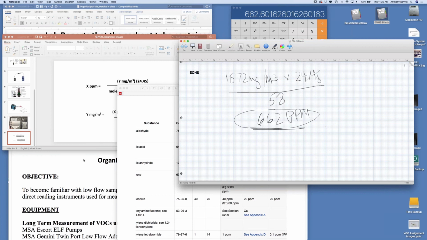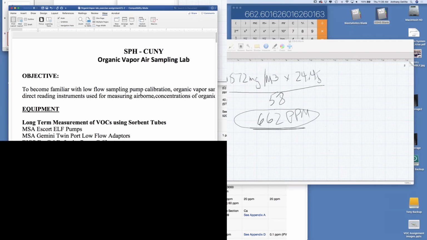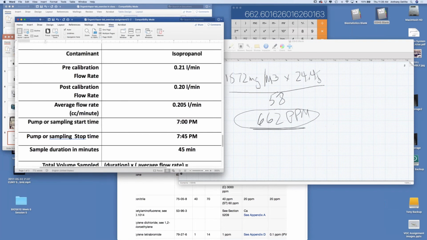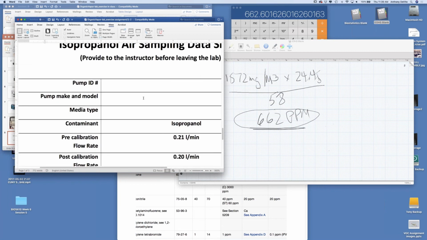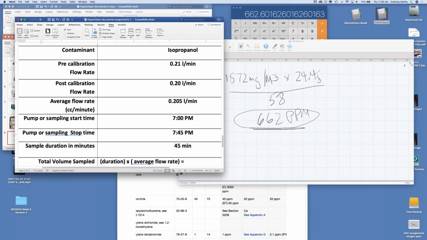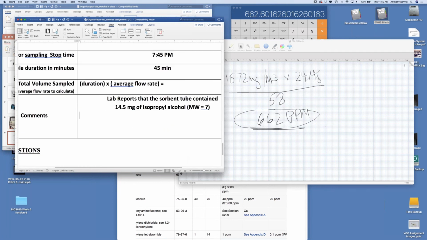Okay, so next we're going to quickly look at the exercise. I made a few corrections on here to make it a little bit clearer. In this case, we're looking at isopropyl alcohol, isopropanol. Again, put in the pump ID, pump make, media, and so on. I left the volumes the same, so you should be able to calculate out your actual total volume sampled. And I told you that we found 14.5 milligrams of isopropanol. Coincidentally, the same thing we found before, except this time it's for a different compound,